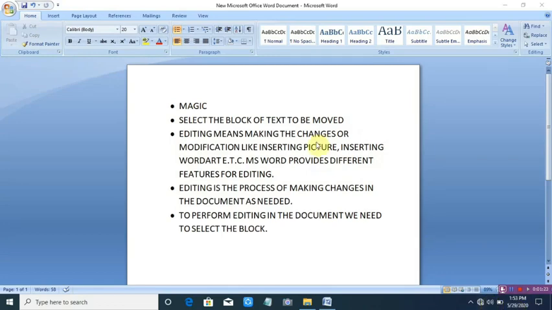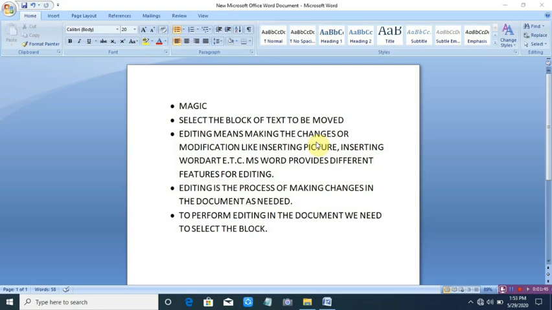Editing means making changes or modifications, like inserting or deleting, copying or moving text, or correcting misspelled words. Misspelled word means any word written incorrectly by mistake.